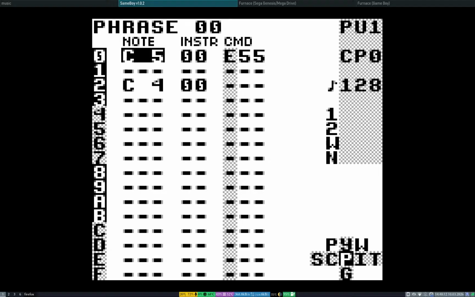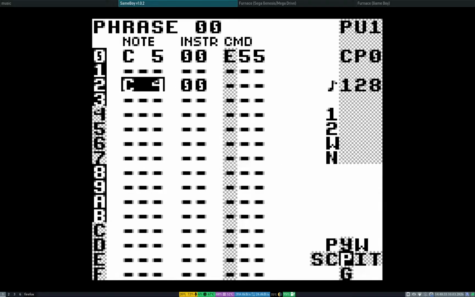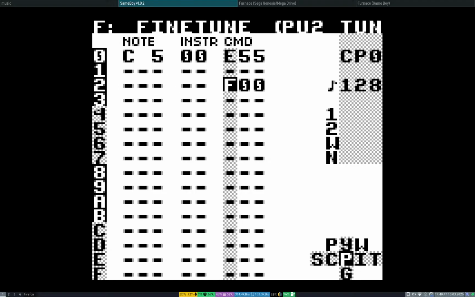It fades out, but the note after it directly resets that envelope, because you can think of this envelope thing as an envelope command on every note where you play it with that instrument. What you can do to achieve the same effect as what Furnace is doing by default is do the change